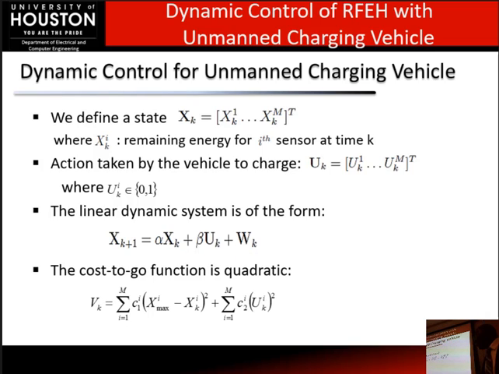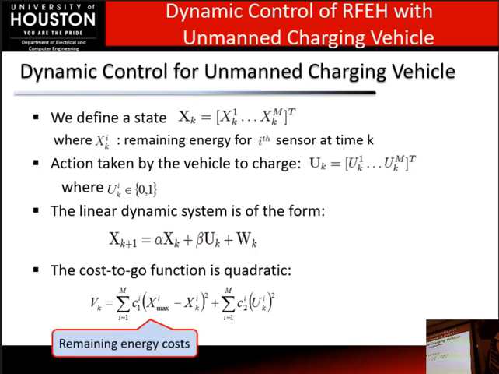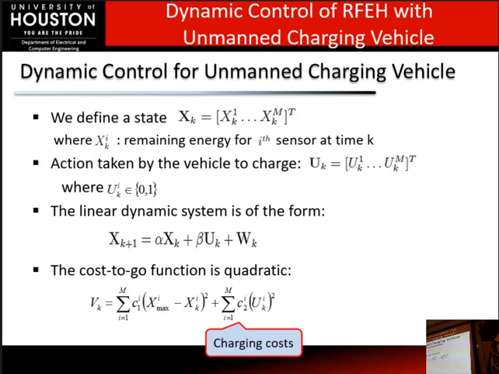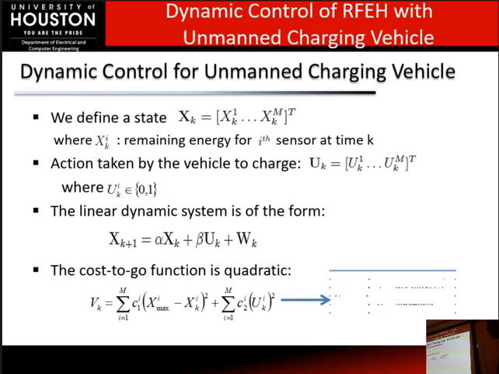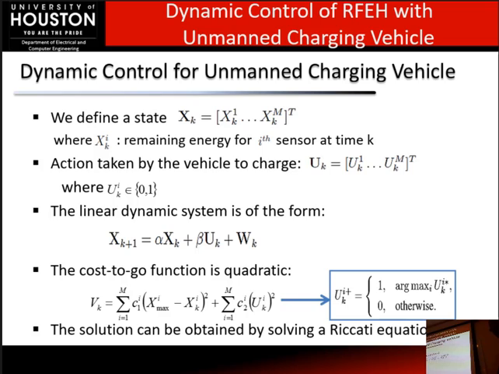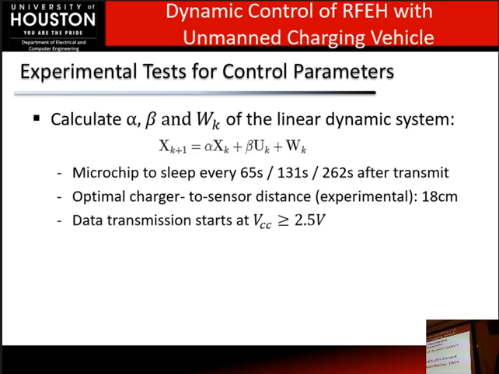Our cost to go is quadratic. The first term stands for the remaining energy cost, and the other one stands for the cost that will occur when we actually do the charging. The action that has to be taken is the one that minimizes this cost. The solution can be obtained by solving a Riccati equation. Then after that, we need to find the parameters that I explained earlier: the charge efficiency factor, the discharge factor,